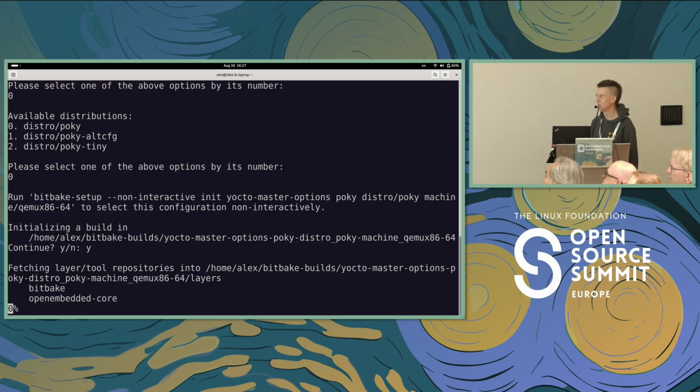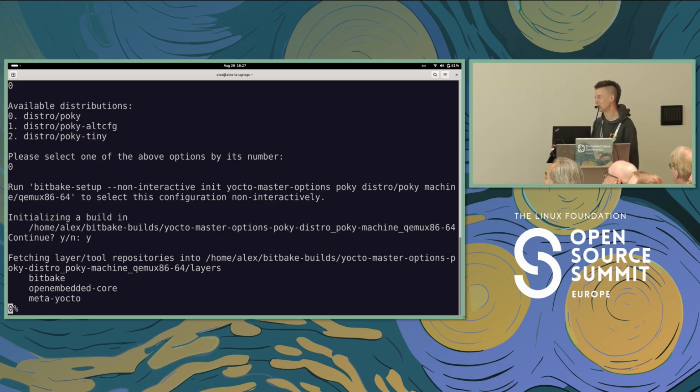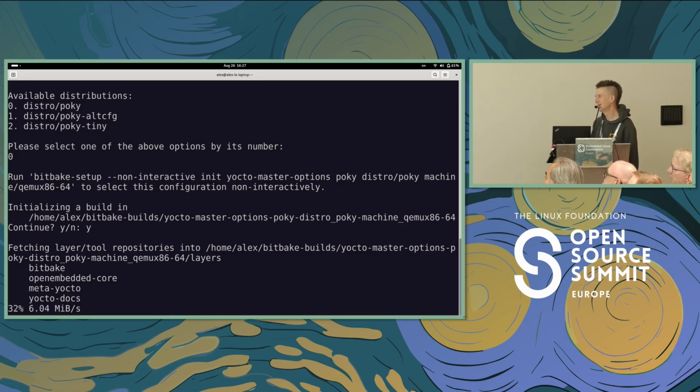Okay, so fetching bitbake, open embedded core, and meta Yocto as well after a bit. So this is, by the way, using the bitbake fetcher, so you get all the nice things that bitbake fetcher provides you. And the docs as well. Not strictly necessary, but